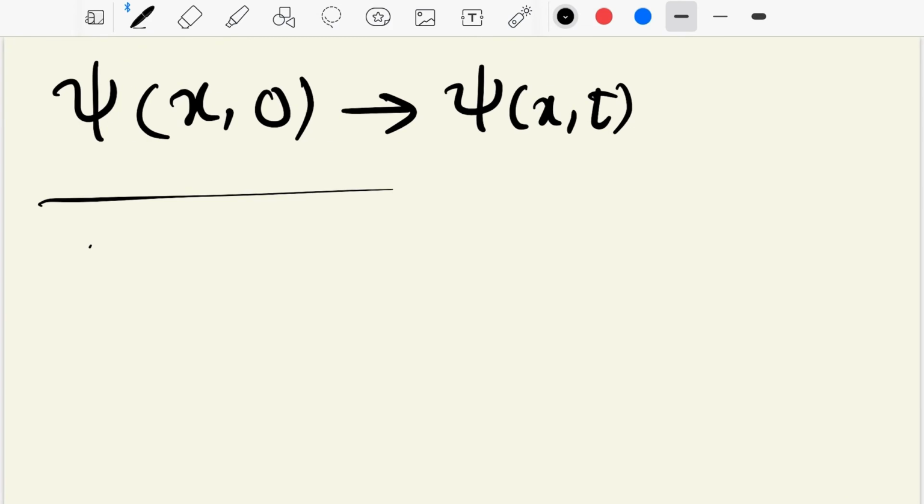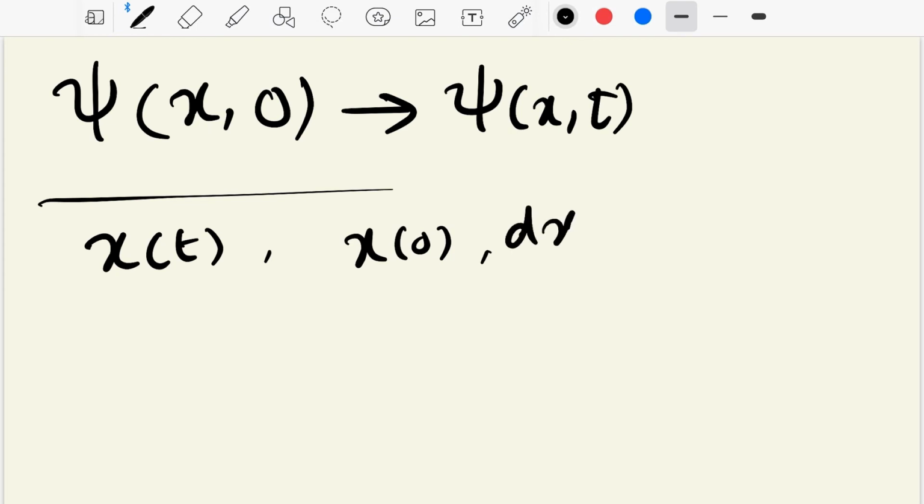If we have the initial wave function at t equals 0, we can in principle solve the Schrodinger equation and obtain the wave function at later times or in the future. This is very similar to the Newton law that gives us x of t once we have x of 0 or dx over dt at t equals 0. But there is a big difference between these two. This is deterministic,